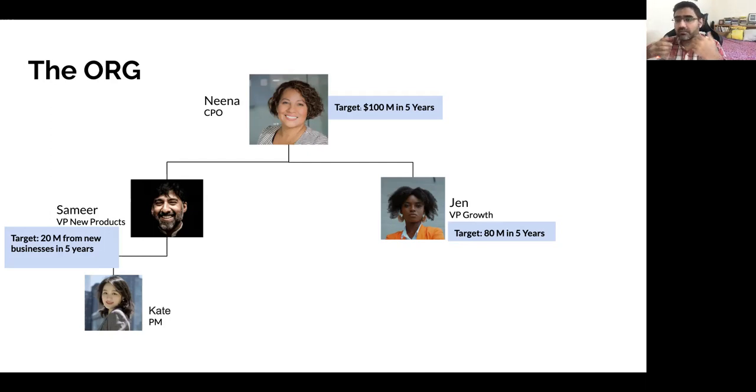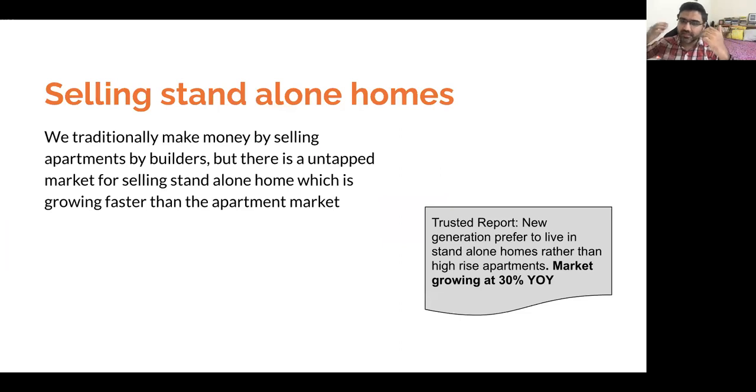Or we could do something absolutely tangential. So while you're doing this, you looked at a lot of reports. One of the things that really catches your eye, or somebody sends you this report, is like, hey, you